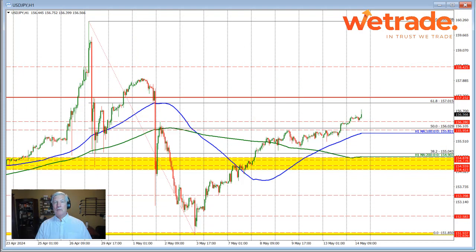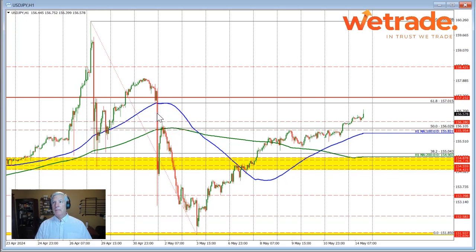Let's take a look at the dollar versus yen, and like the euro versus US dollar, we saw a little bit of a spike to the upside here, trading to the highest level going back to this day right here, which is May 1st. In trading yesterday, the price moved back above the 50% retracement. That's of this move to the downside from the